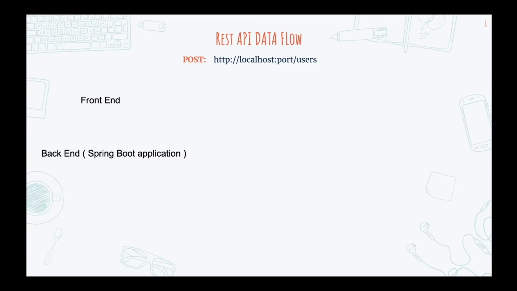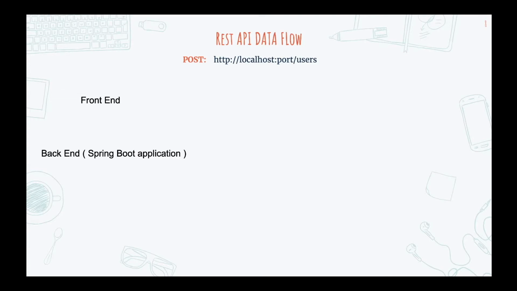In a large scale general application, the best possible way by which a front end talks to a backend is using a REST API. In our last video, we completed the implementation of our front end. And in this video, since we are implementing our backend, which means we are implementing our REST API, we first have to understand how a REST API works internally. So when a front end wants to talk to our backend service, that is our database, the only possible way is through the REST API.